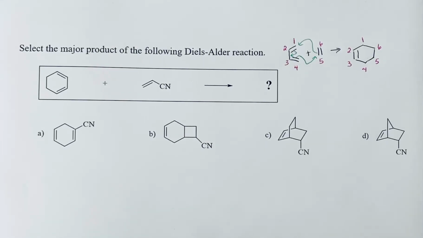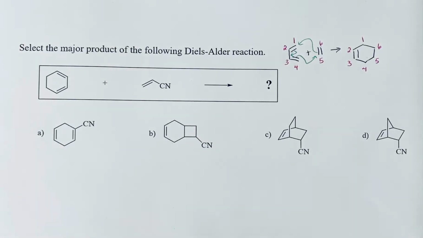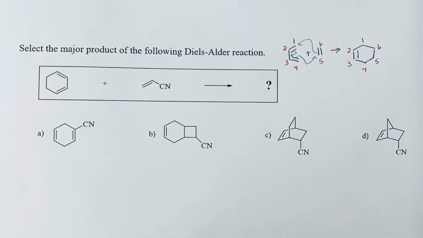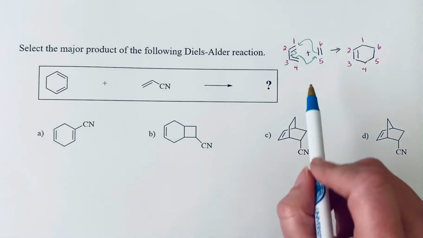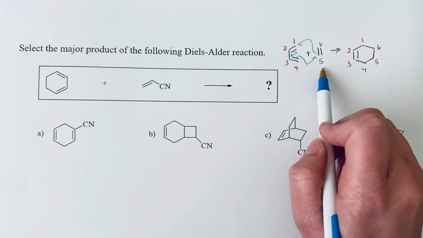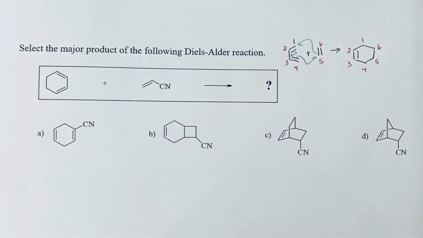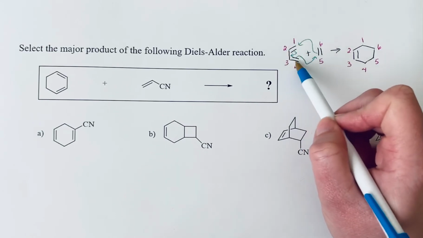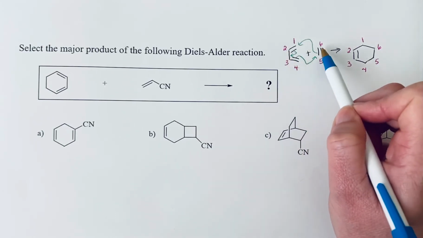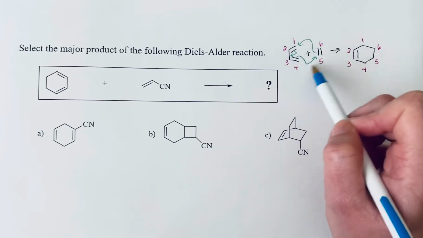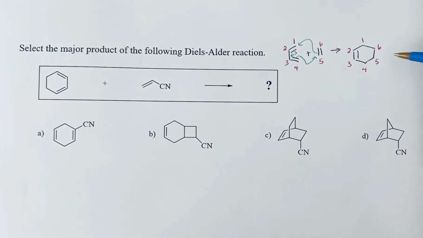Select the major product of the following Diels-Alder reaction. And so, as with all Diels-Alder reactions, when we're predicting the product, we should first draw our general Diels-Alder framework, which shows us that we always have this diene system and a dienophile reacting to give us this 6-membered cyclohexene